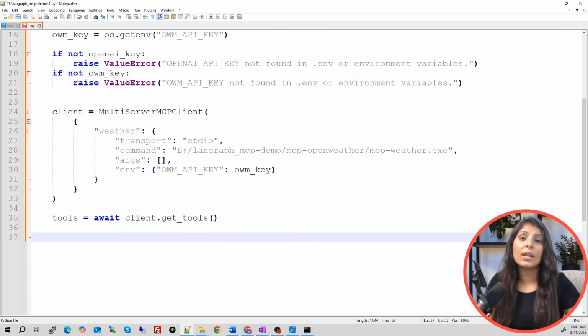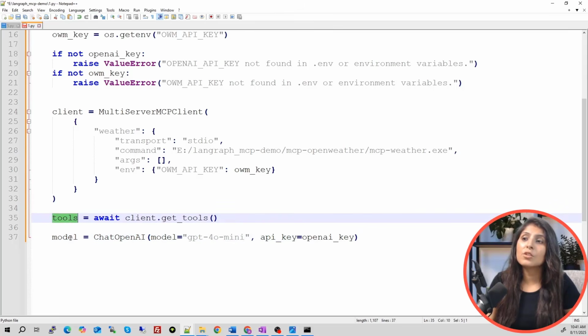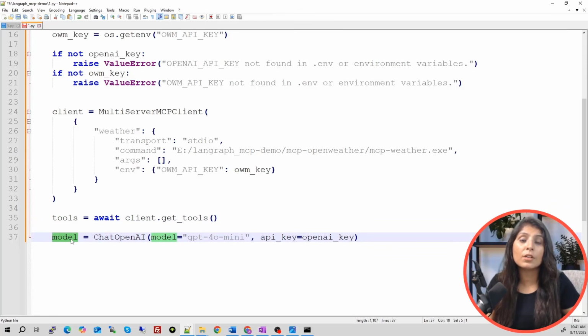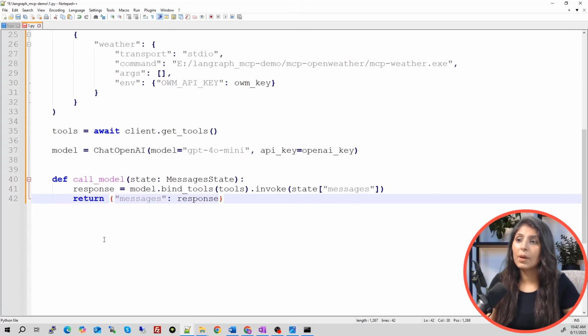And now let's write the LLM also, the LLM which we want to use. The LLM which we want to use is GPT-4o Mini, and we have provided the OpenAI API key. Now guys, let's bind these tools with this model. Why do we want to bind the tools? Because when the user asks a question, the model will see if tools are needed to answer that question. If tools are needed, then the model will use the tools. So we need to bind the tools for that. So let's do that. This is how you bind the tools.